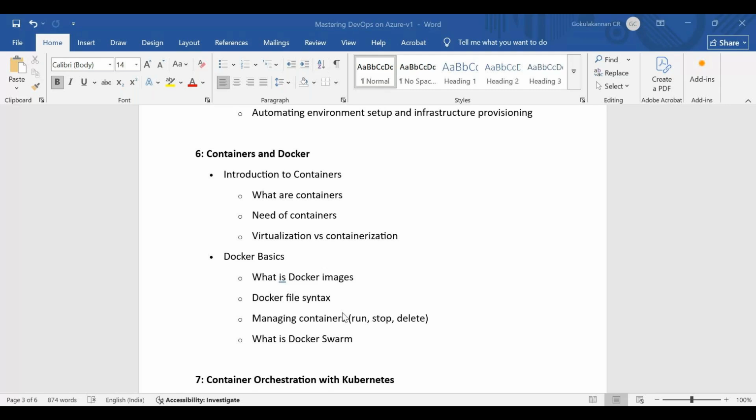We are going to demonstrate those, and you will be doing a lab also. I'll guide you on how to set up Docker Hub, how to configure it on your laptop, how to download the images, how to run those images, and the container concepts.